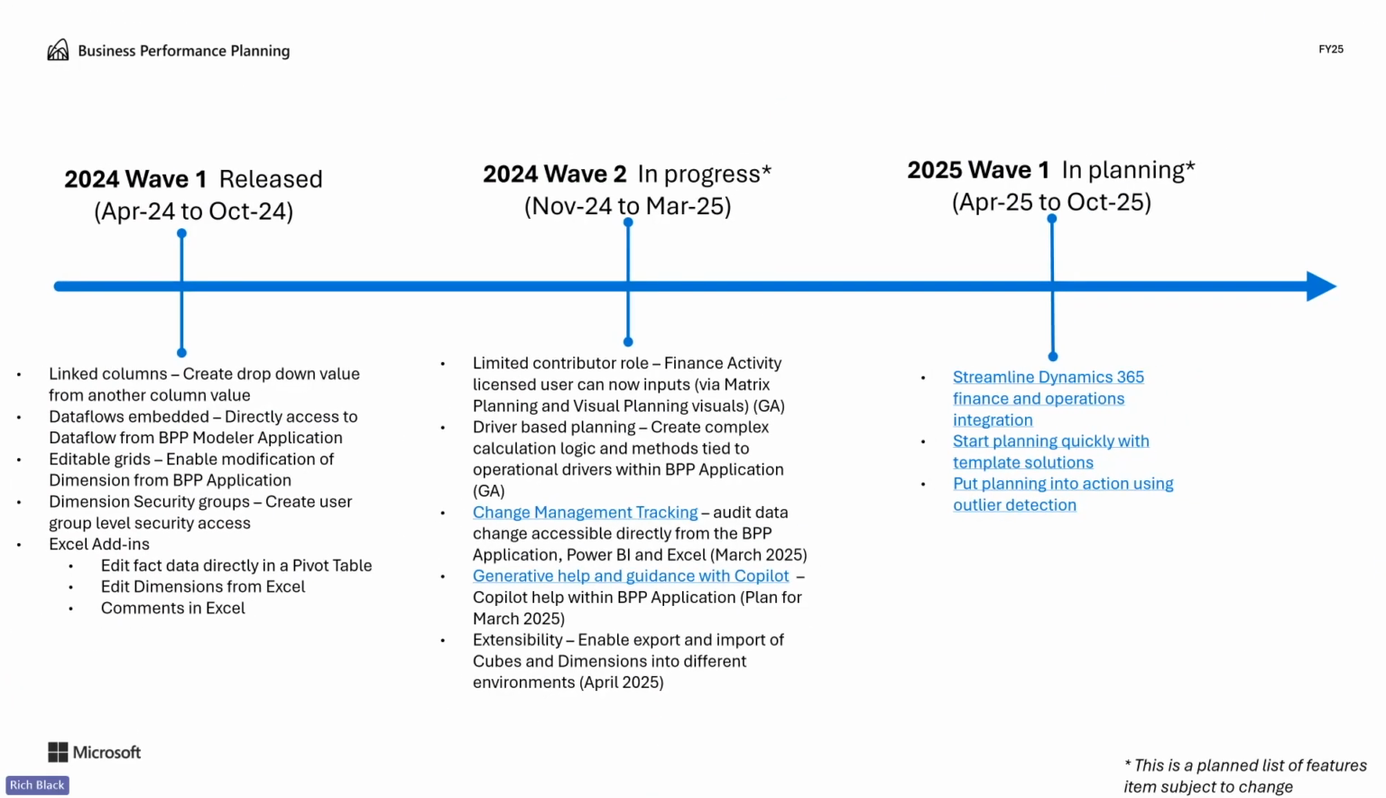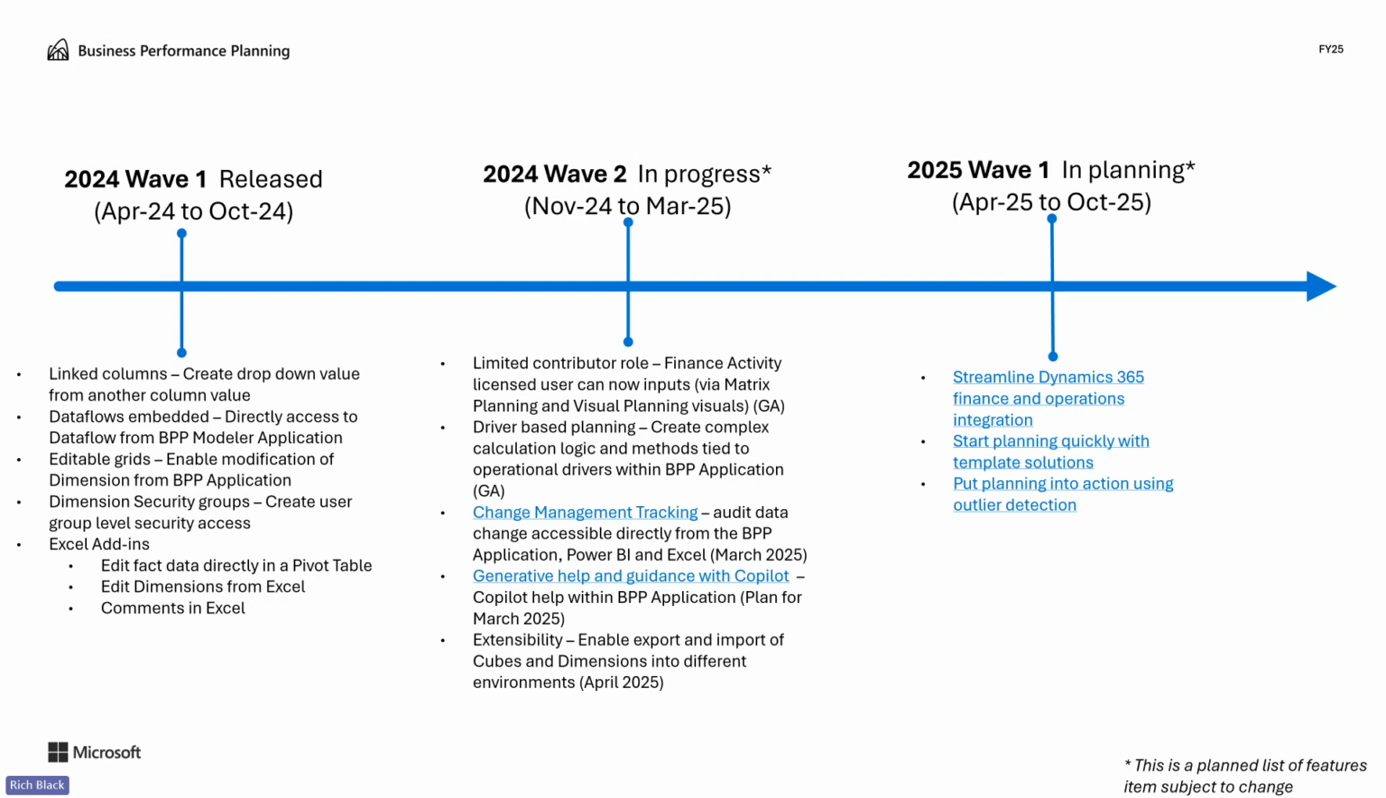Thank you, Rich. So here is a quick overview of our roadmap. What has been released, what is currently being released, and what's on the plan publicly. Again, change management tracking, FGC, generative AI guidance, and the extensibility. And as well, of course, what we are planning for wave 1 of 2025